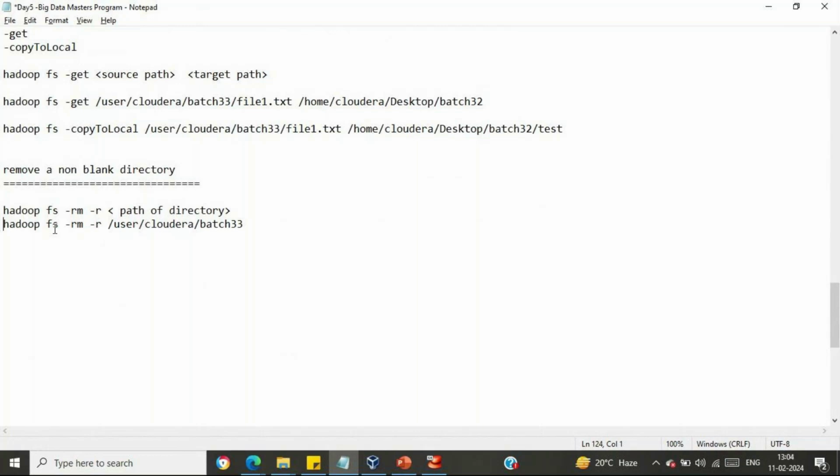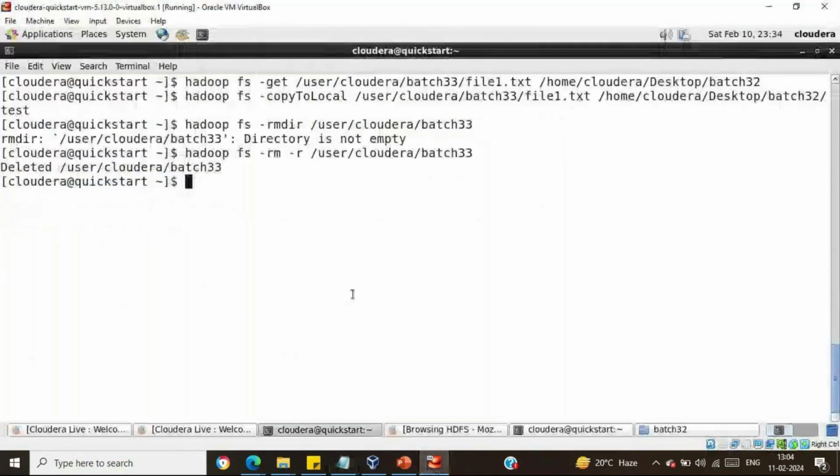We are having certain commands, like say the tail command. Okay, we are having the cat command. So we can run those particular commands here as well. Say, hadoop fs -tail /user/cloudera